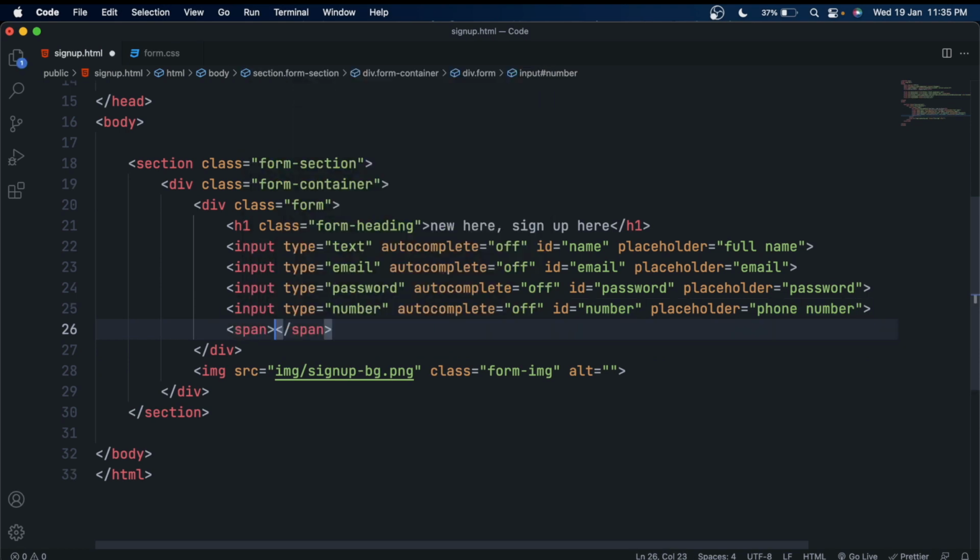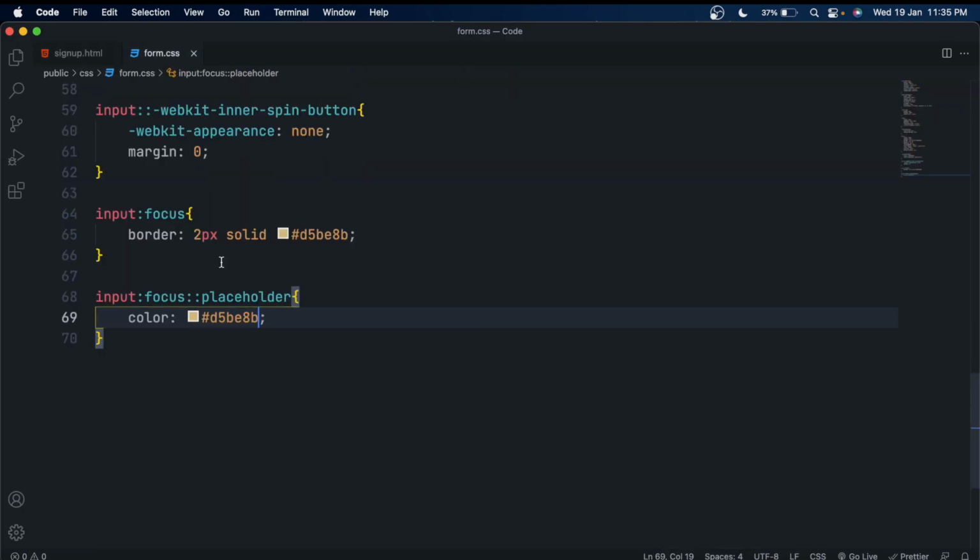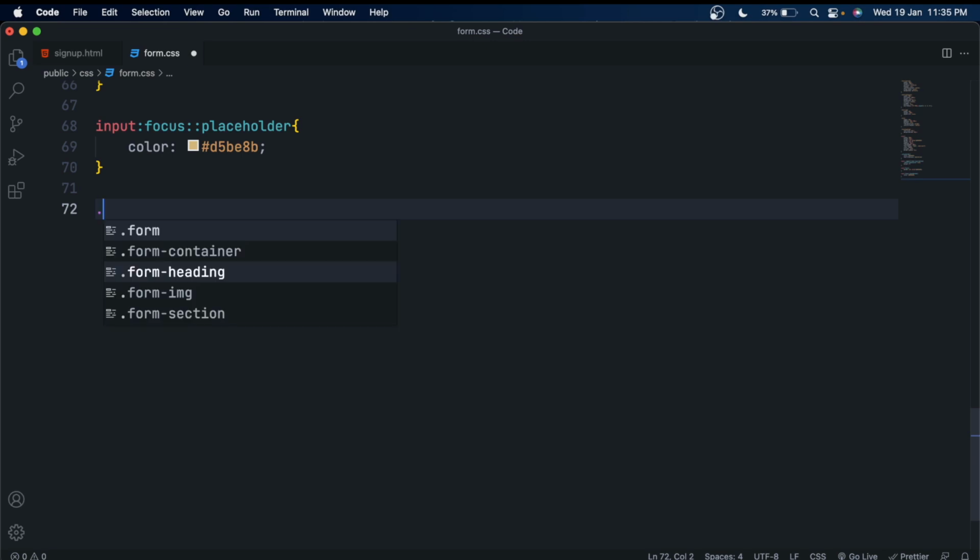After the inputs, make a span element and give it a class error. This element will be our error. So you can type anything inside it, it doesn't matter. Now we need it to be a danger or red color. So let's style it. Select the error